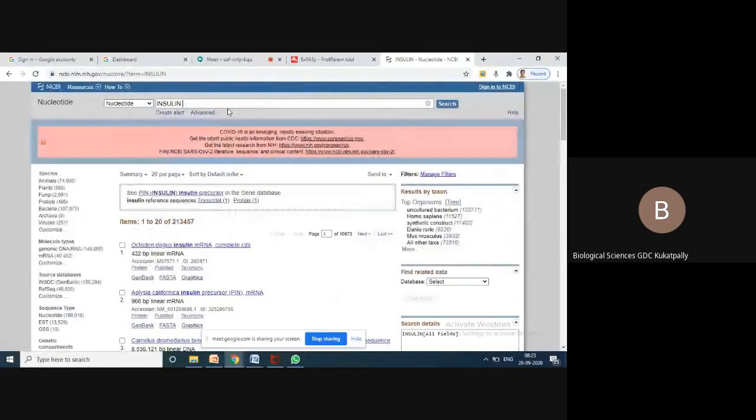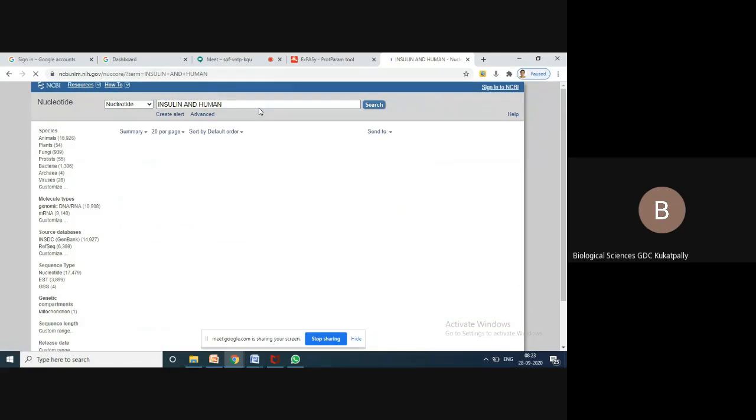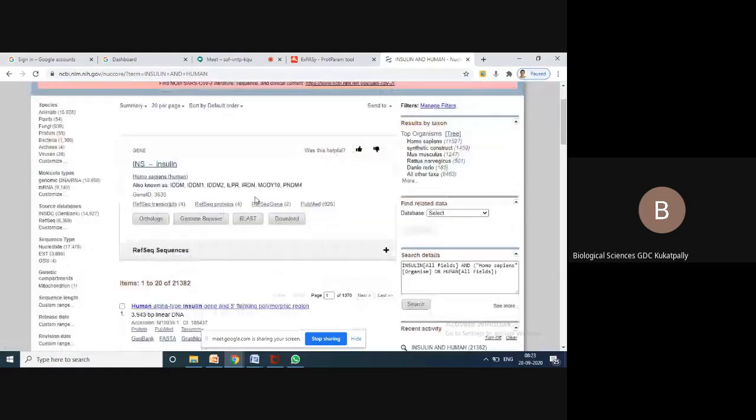So here there are some Boolean operators, AND, OR, such things you have to use, and you can give human. These will act like filters, and they will give you human insulin related genes.